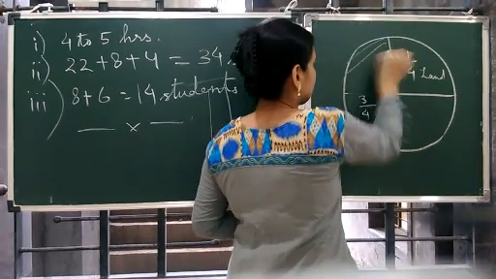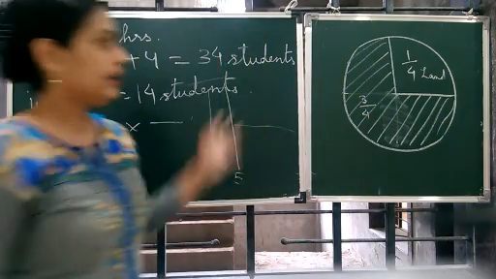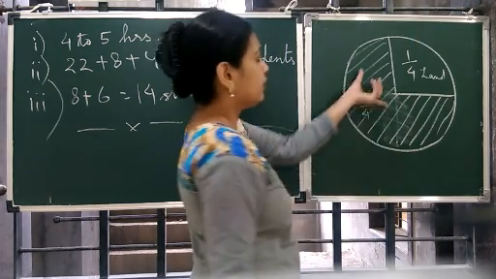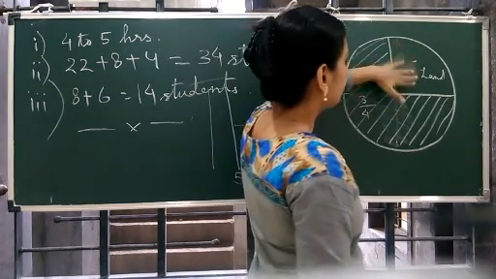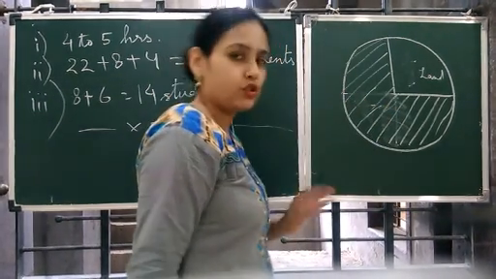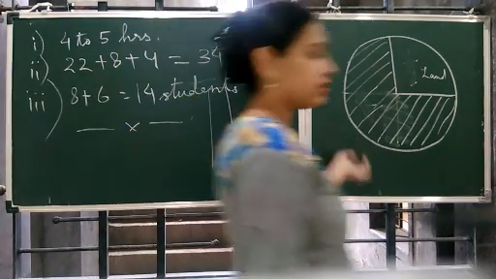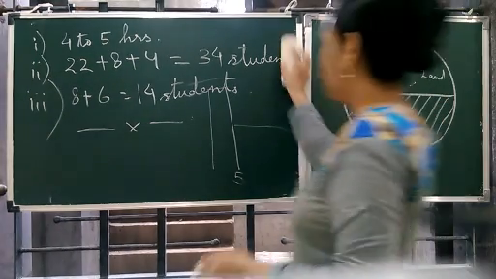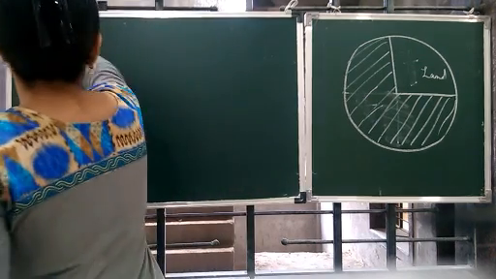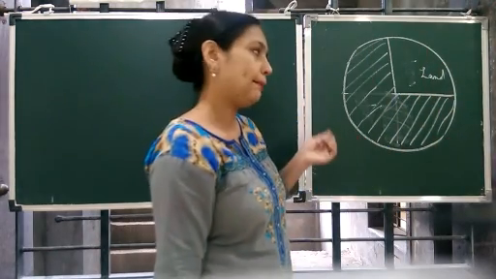So if you want to show this, again in terms of a graph, we can show this in the form of a circle, where this much part is water and this much part is land. Such a type of representation is known as a circle graph, where the data is represented in the form of circles. It is also known as a pie chart, again because of the circle shape.